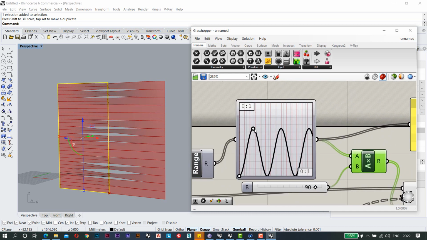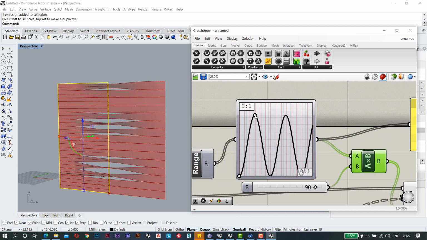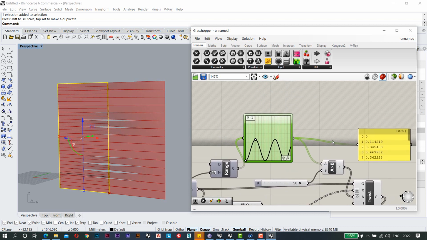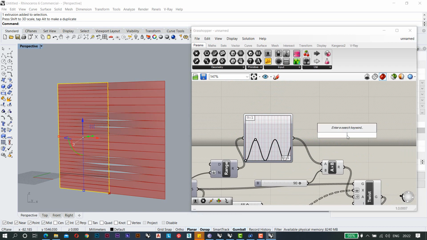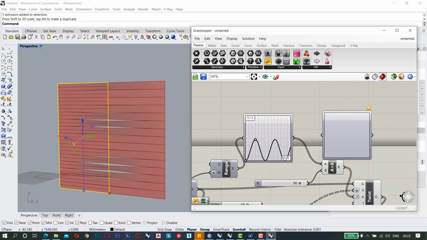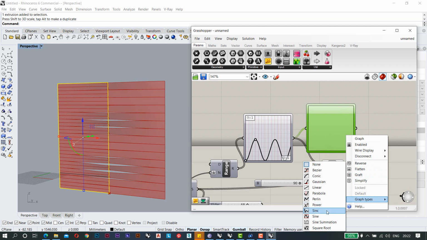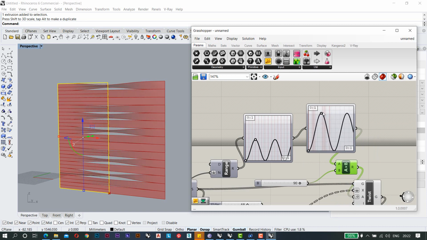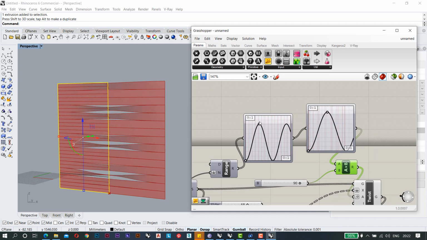So this is going to be there, like you can change it in any kind you want. Now we can use two graph mappers also. So that will be the resultant. So we are going to connect it here, and again we are going to use the sine one and directly connect it here. So if you use this one, you will have different kinds of variations with it.